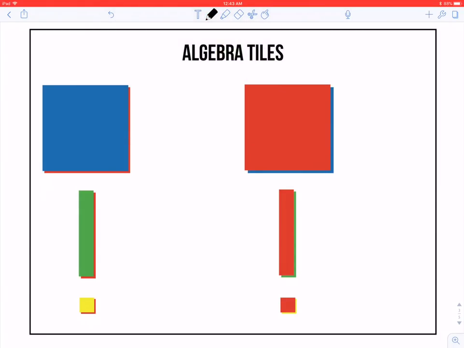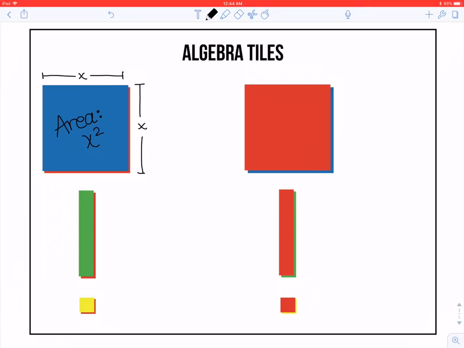So you should have a set of algebra tiles available to you. And let's look at our different pieces. You have three different shapes and sizes. We have a large square that's blue on one side, red on the other. And it has a length of x and a width that is also x. So we would say this area on the inside of our square is x times x, or length times width,